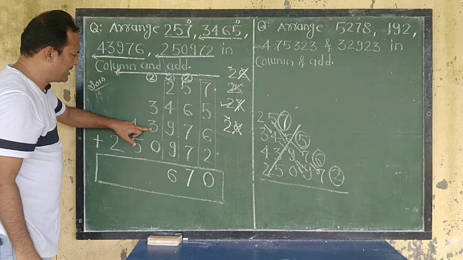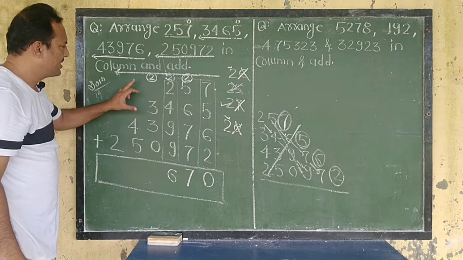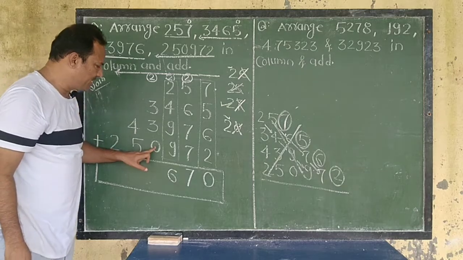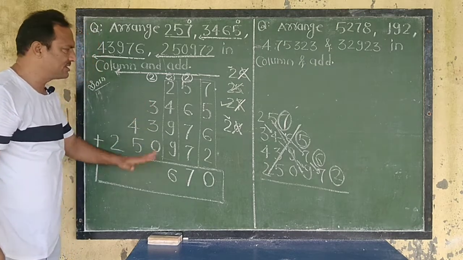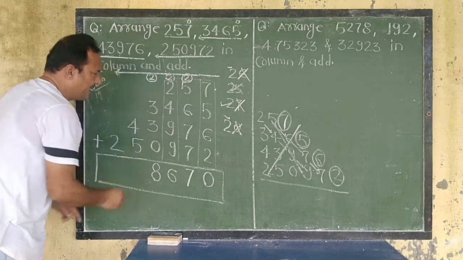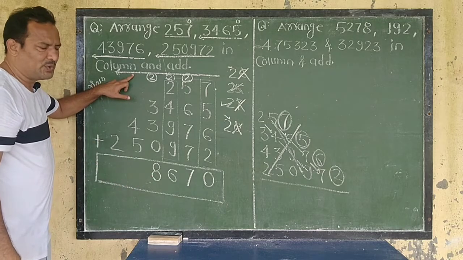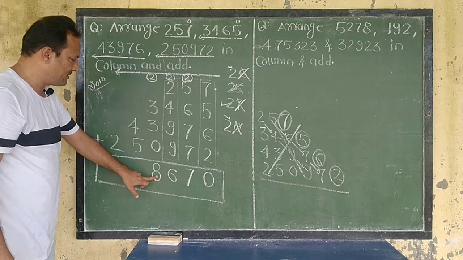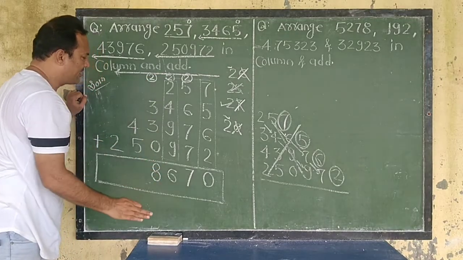Now this 2 plus 3, 5. 5 plus 3, 8. 8 plus 0, 8. This is the property of addition: if we add 0 to any number, or any number to 0, we get that same number. Then the number is 8. 8 is a single digit, so will we carry here? No, because our addition is 8 and we already wrote 8. There is no remaining number.